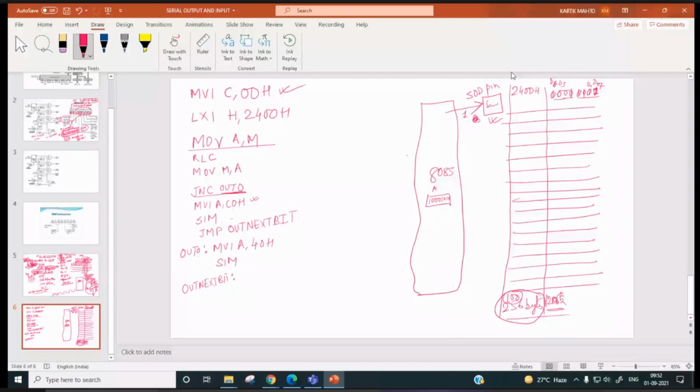Right? Now, how many times do you need to repeat this process in order to out all 8 bits? Kitni baar karna padega ji? Sir, 8 times. So we need to have a counter also. MVI B, 08H.